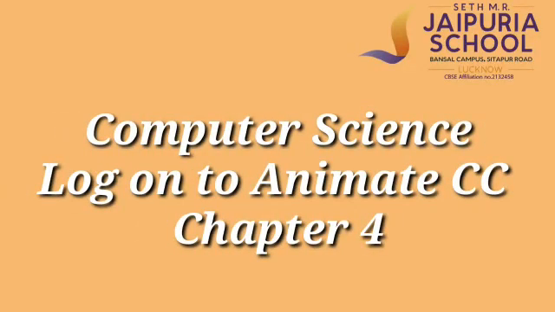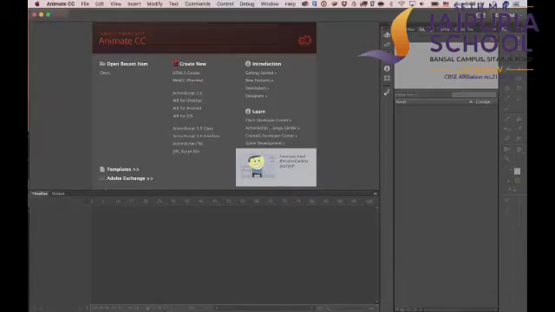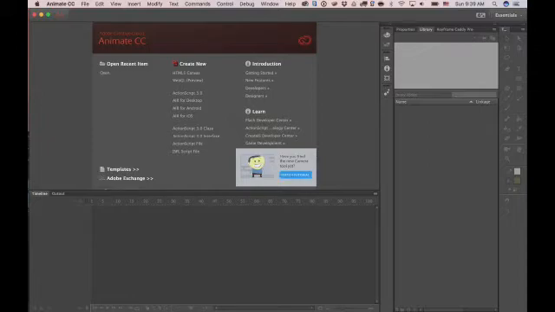So dear students, as we know, animation involves a series of still images, usually painted or sketched, displayed in a rapid sequence. This transition from one image to another is so quick that it appears to show movement. So here we'll learn how we can work with frame by frame animation.